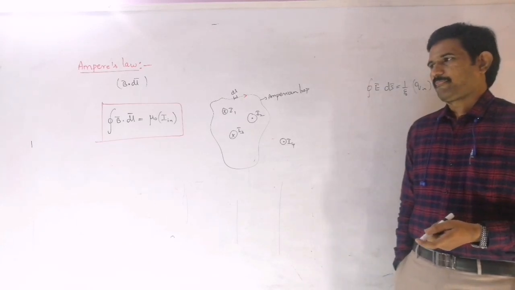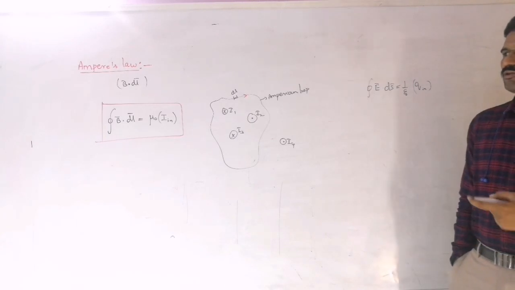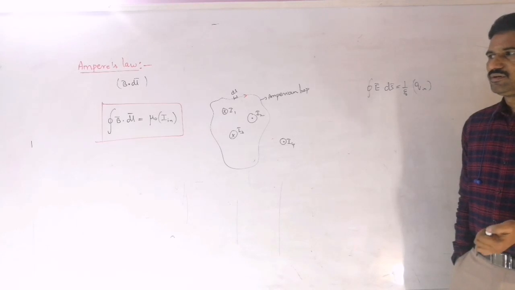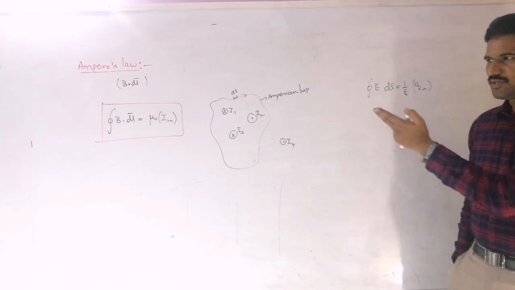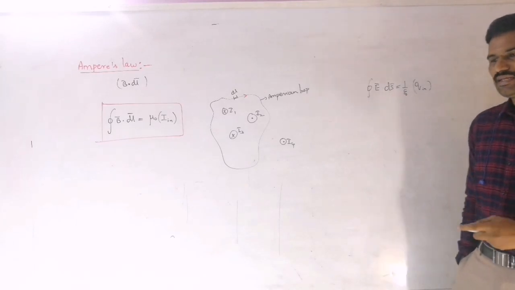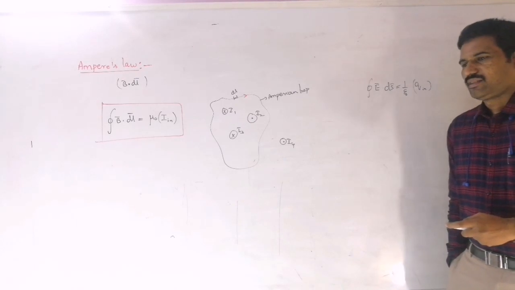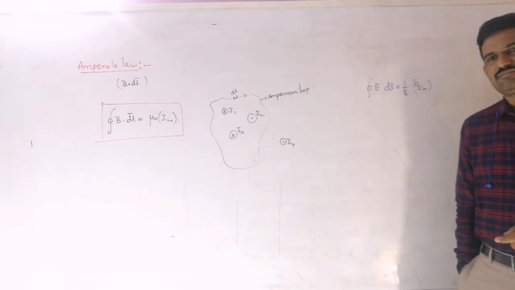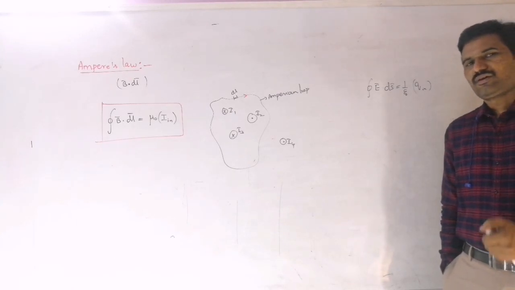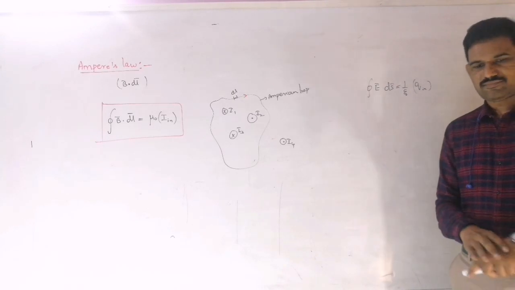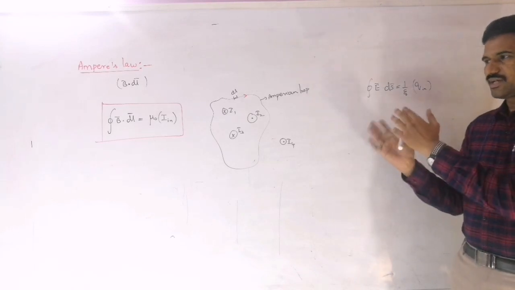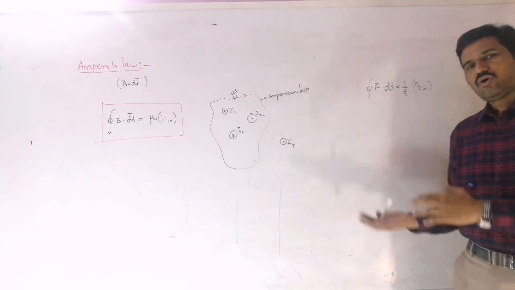And then next, the B bar in the above equation. That means we are discussing the different terms in that Ampere's law statement. The B bar indicates the resultant magnetic field due to all the currents, that means either current carrying conductors may be there within the loop or outside the loop.